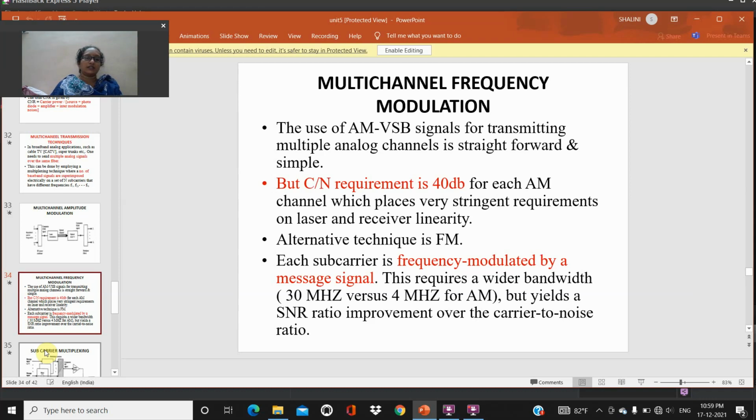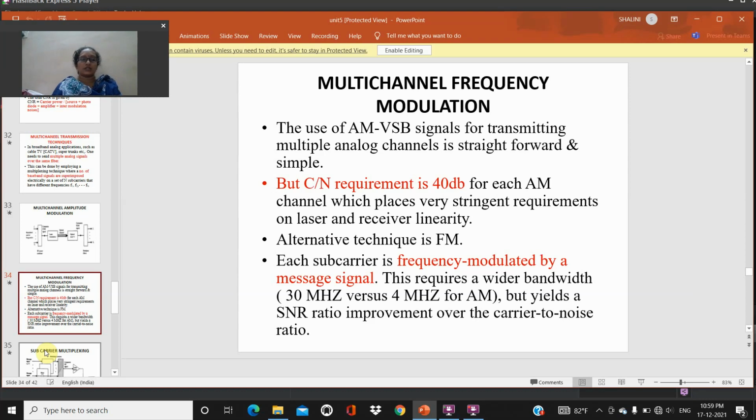Another alternative technique is FM. Each subcarrier is frequency modulated by a message signal. This requires a wider bandwidth, 30 MHz versus 4 MHz for AM, but yields a SNR improvement over the